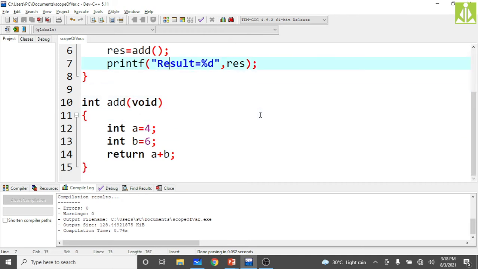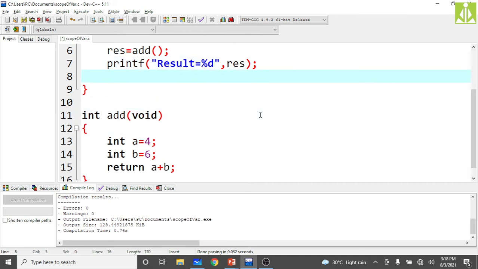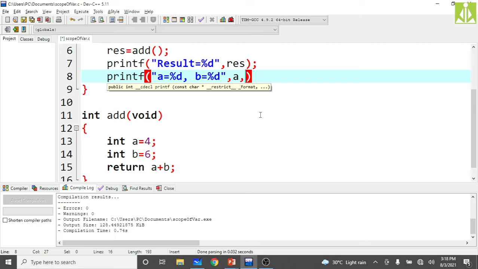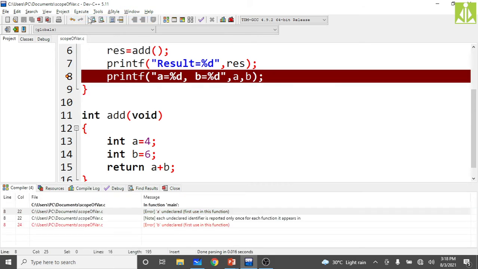So if I try to access those a and b values outside of my add function, that is, within the main function, I am trying to access these two values: printf("a equals %d, b equals %d", a, b). I am trying to access a and b values outside of my function add, where the scope of the a and b variables is restricted. So now what will happen? If I do so, I will get a compile time error.